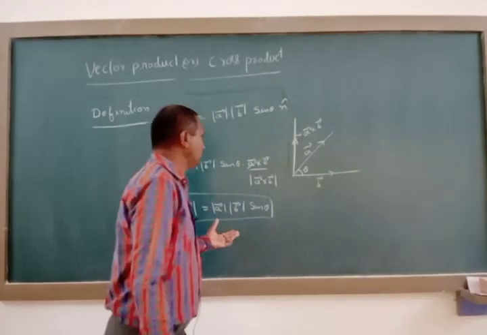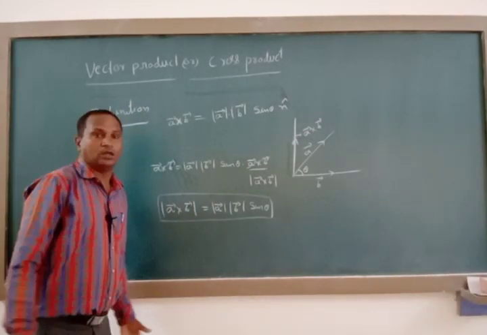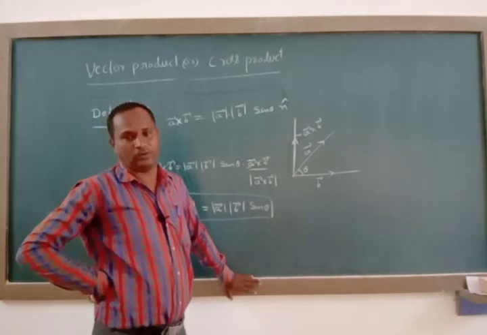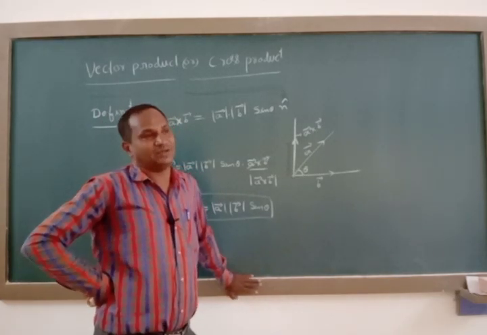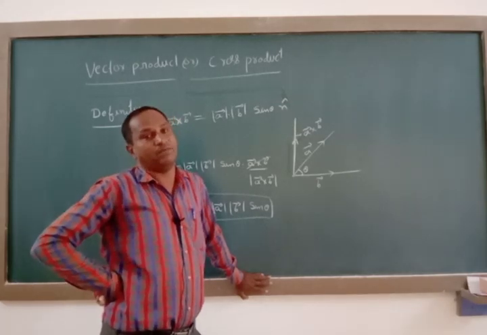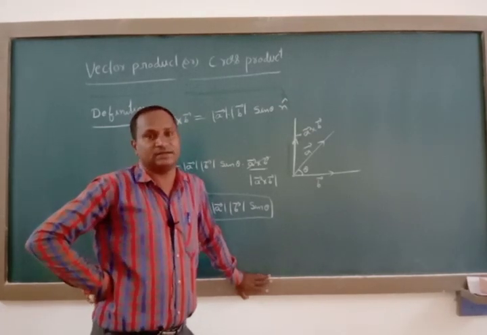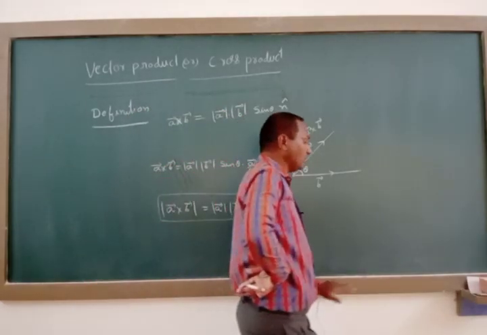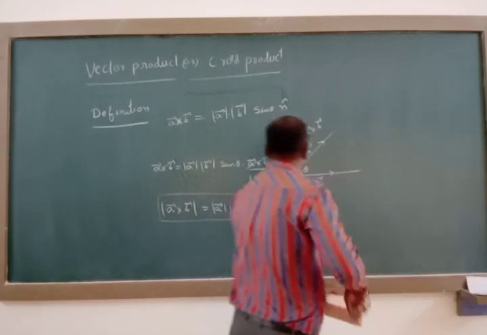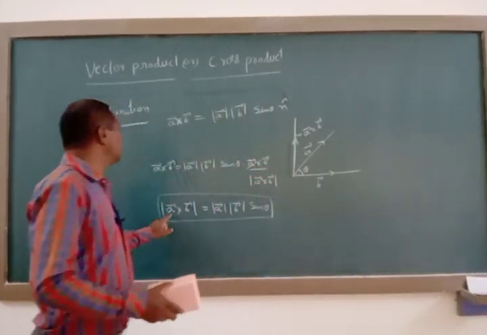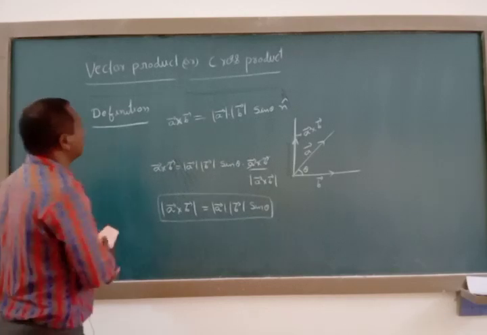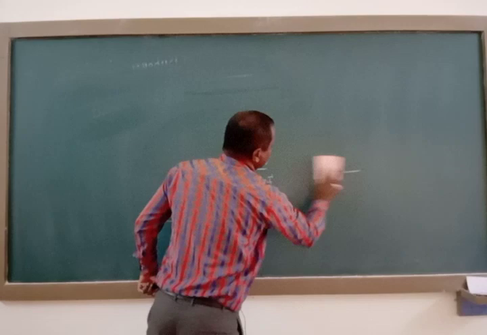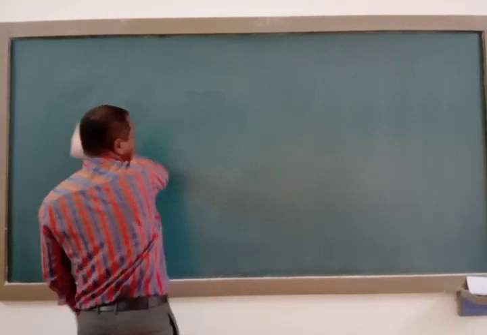Based on this definition, we'll solve some conditions, and I'll tell you a synopsis of vector product or cross product. Just consider them like formulas or main important conditions or steps of a vector product or cross product, and which types of conditions and formulas we will get here. Based on this definition, one by one we are going to write them here.